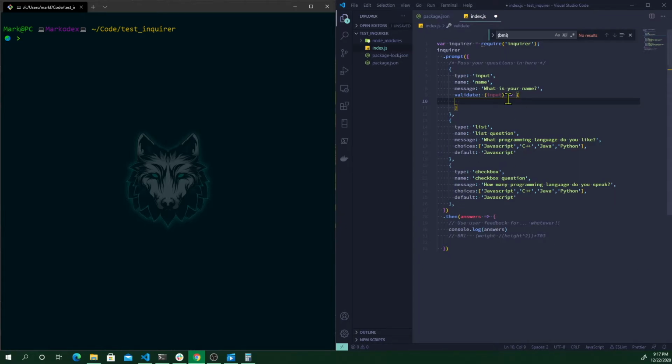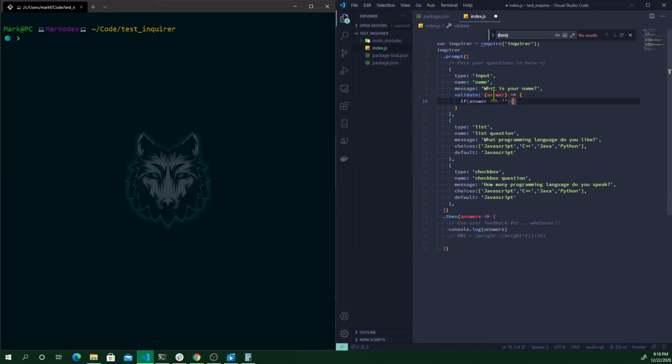So let's do this. We pass the input into that function, or let's actually call it answer to make it more clear. And we're going to validate if the answer is actually empty, so if the user didn't give us anything,